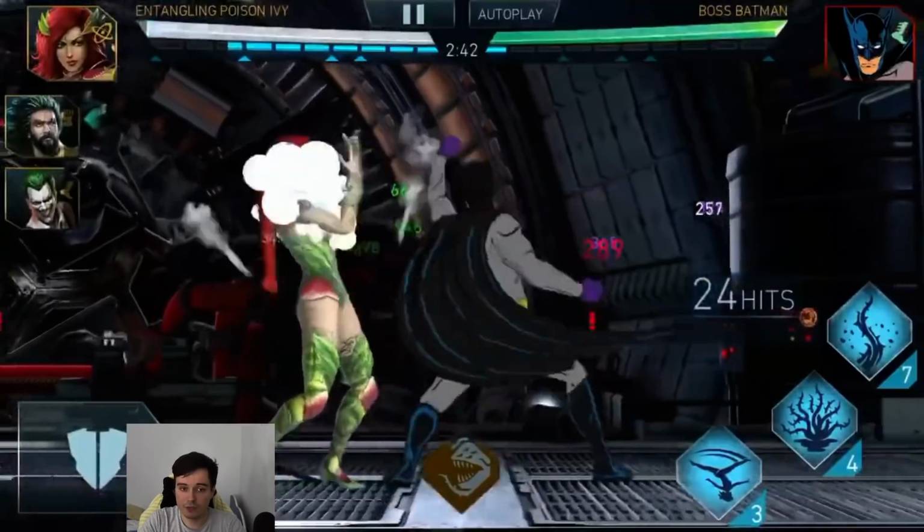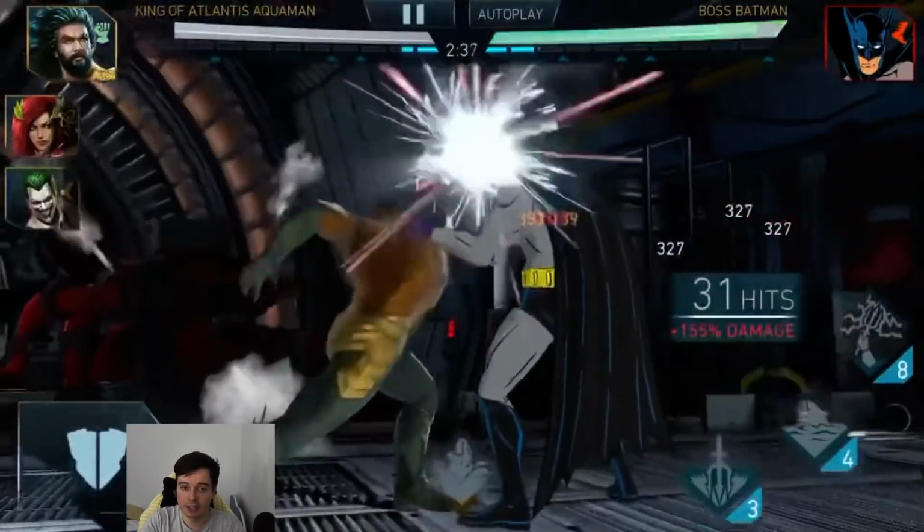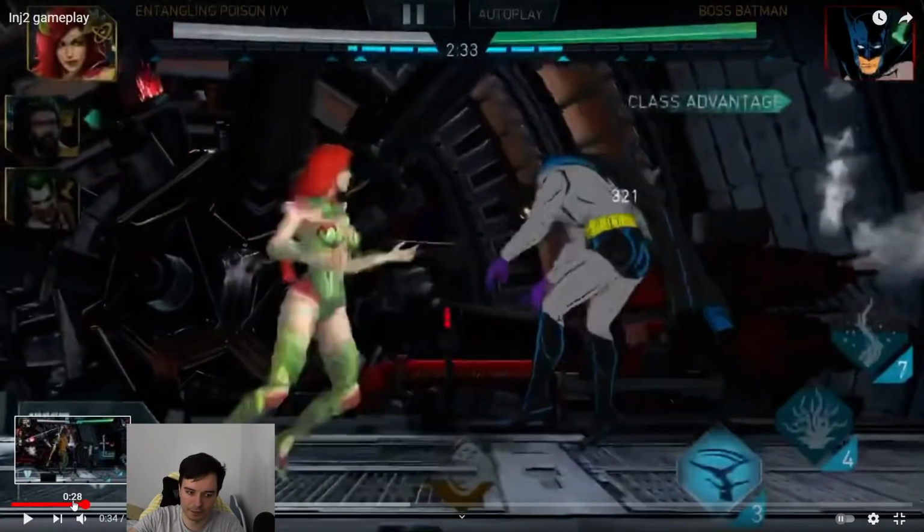You need a specific team to take advantage of all your character strengths. Over here, you're kind of using EPI as a combo builder for Kinflan Sakuman, and that's a little bit weird. And what's weird to me is that you kind of got the gist of things. Hold on a second here. Okay, so